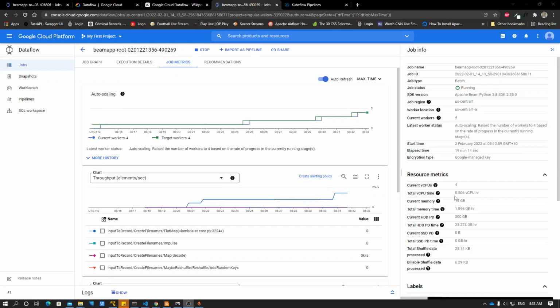And just leave a comment. Leave a comment if you have any problems or errors with your Dataflow. So just keep it running and keep watching these metrics to see how Dataflow is scaling up to run your job.